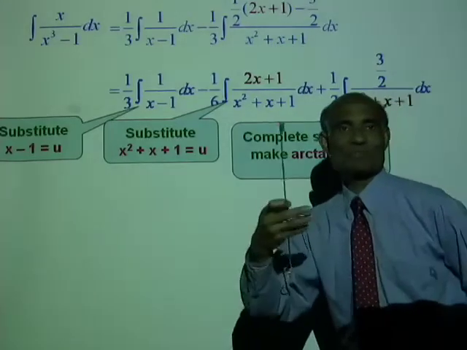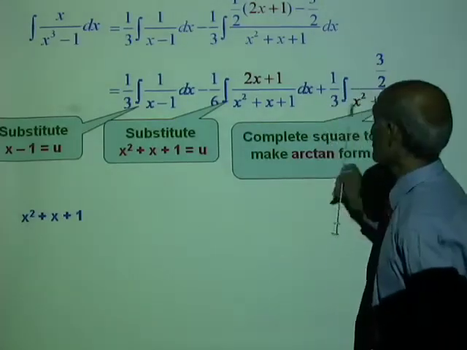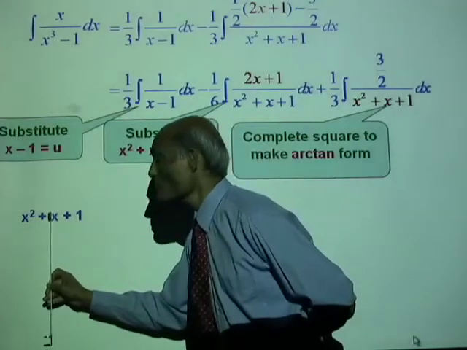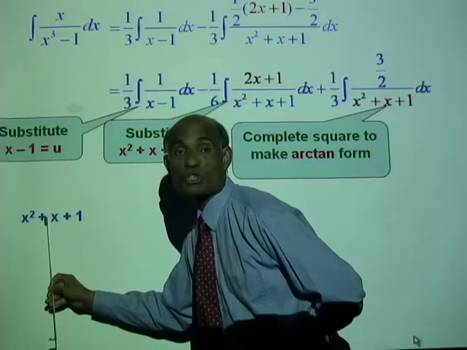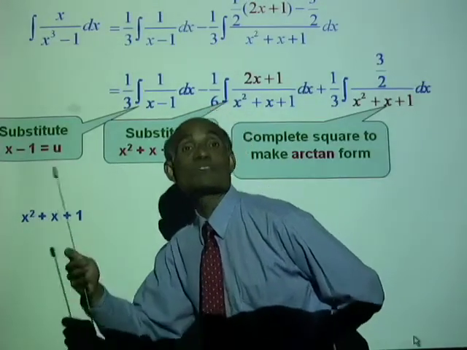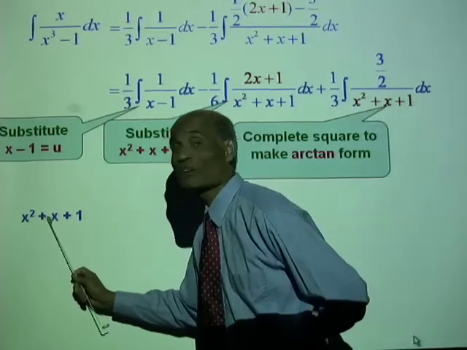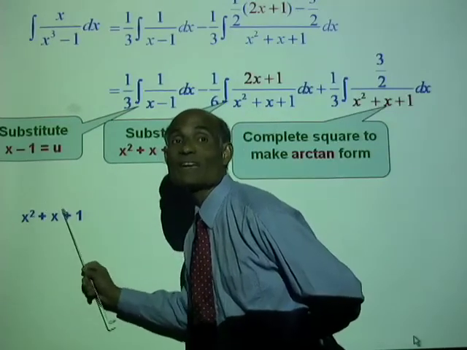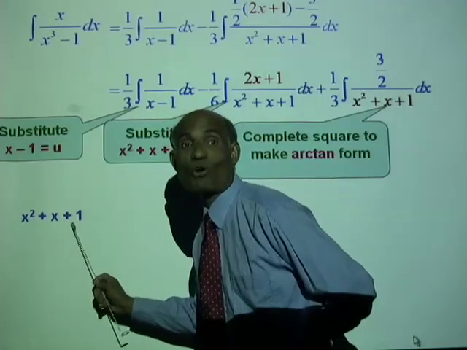Now look at the number of skills involved in here. So, let's complete the square. x squared plus x plus 1. In order to complete the square, what we need to do is take the coefficient of the middle term, that is 1, take half of that, that is 1/2, and square it, that is 1/4. So x squared plus x plus 1/4 is a perfect square. Now 1 can be written as 1/4 plus 3